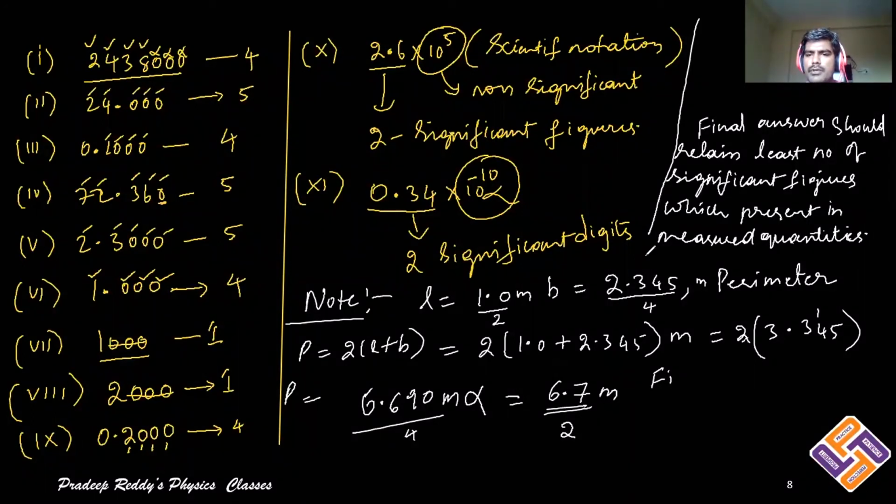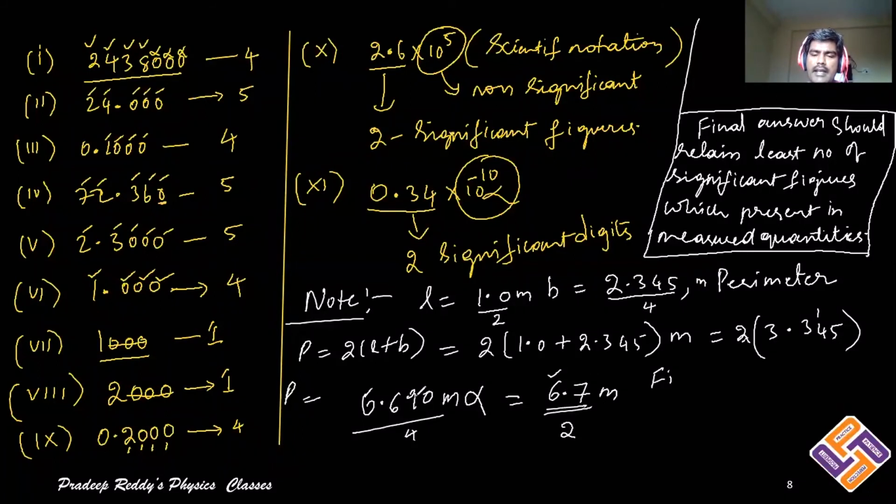So the final answer should retain the least number of significant figures present in the measured values. Here length and breadth are measured values. When you are measuring length and breadth, the least significant figures are there for length, only two. Therefore, the final answer should retain only two significant digits. Even though you are getting four significant digits, you are rounding this to two significant digits, that is 6